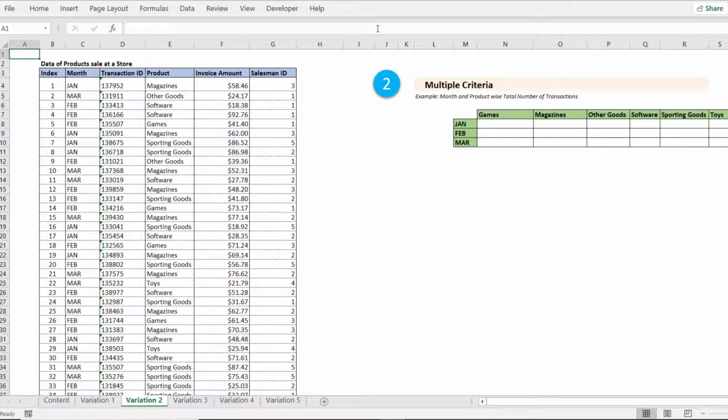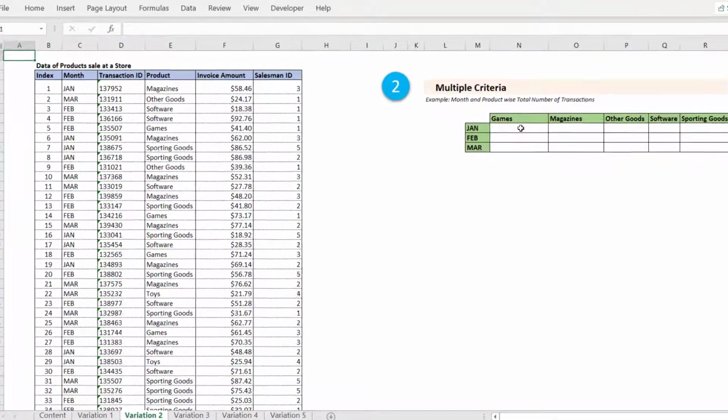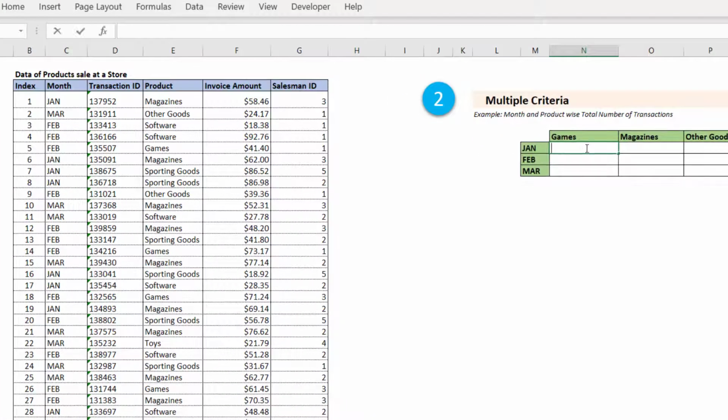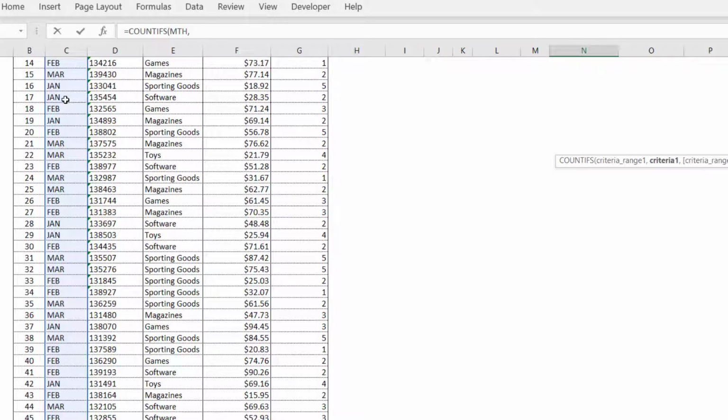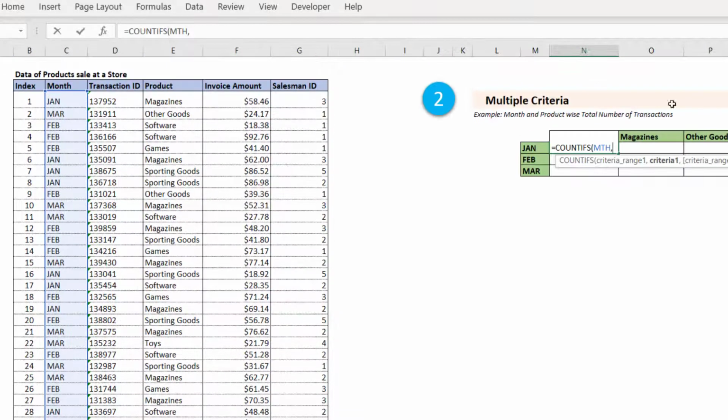Here we want to apply multiple criteria, and in total we will apply 2 criteria, and for that we will use the countifs function. Similar to the previous example, we will first select the cell ranges. Let me do that first. Then I will apply criteria number 1, which is the cell values for the different months. Since I want to apply the same formula over different cells, I want to freeze the column reference for this cell, and for that I can press F4 3 times, and it will put a $ sign for the column reference of this cell.